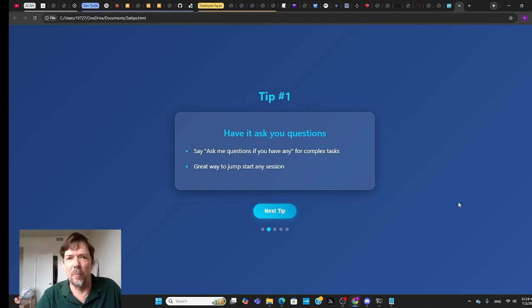They'll be like, what's your background? What are you intending to do with AI? Things like that. And that'll be a good way to jumpstart the conversation. And this works particularly well if you're not sure what you want to ask it. So you can just let it lead. And also, even if you do know what you want to do, it can still be a time effective way of working with it. I'll give an example, which is for this actual app that I just built here.